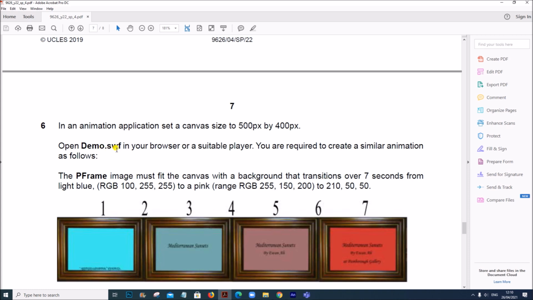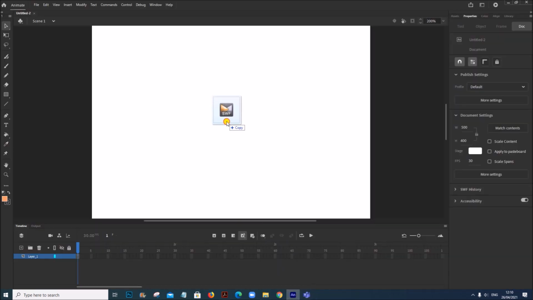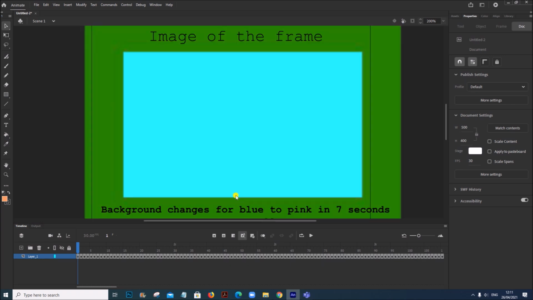Open demo.swf in your browser or a suitable player. You are required to create a similar animation as follows. This demo is a flash file. It will not open directly now. We'll just drag this to the animation task and then we can view it. So this is how it looks like.